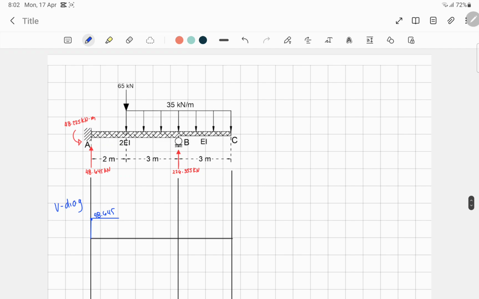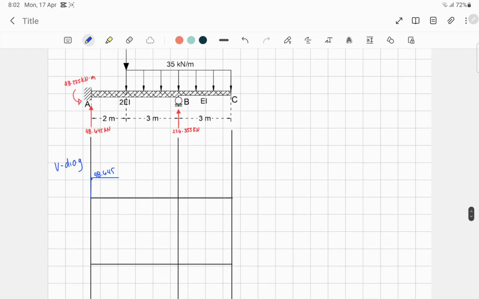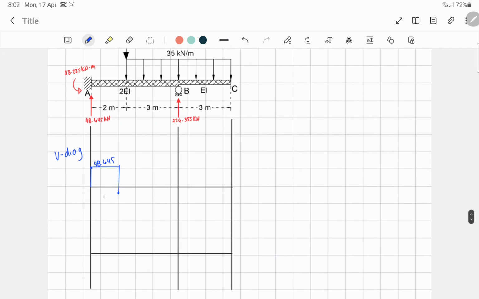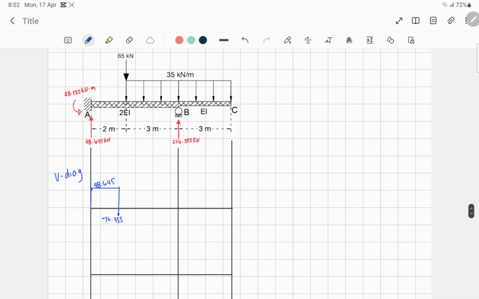And then, next, we have this downward force na 65, therefore 65 minus 48.645, therefore ang shear here is equal to 16.355. Okay? So, check nyo na lang kung tama nga ba. Negative 16.355. And then, since we have this uniformly distributed load, ma-minus natin siya since downward force. So, 35 times 3, negative 35 times 3 minus 16.355, therefore,